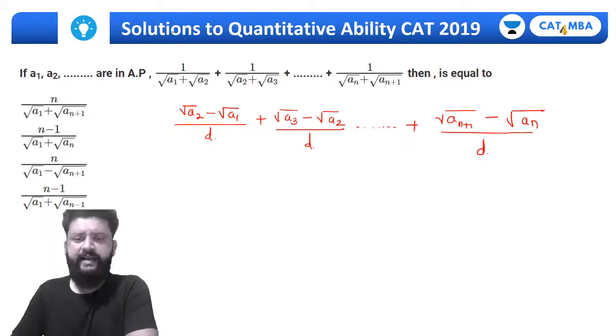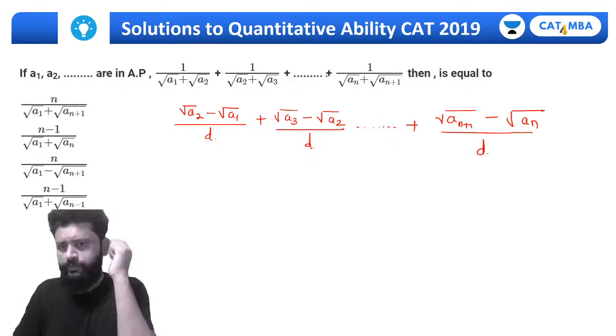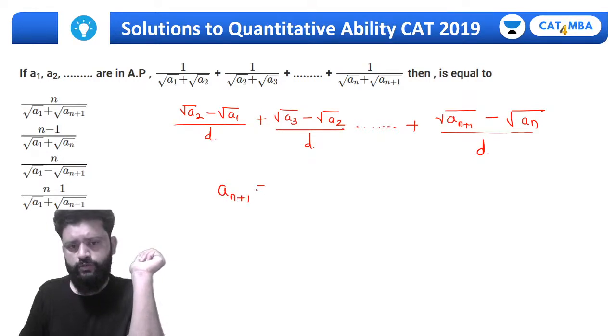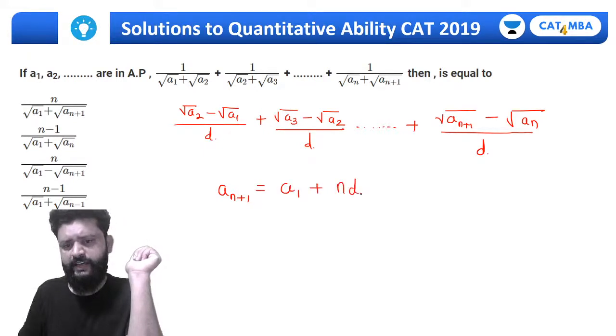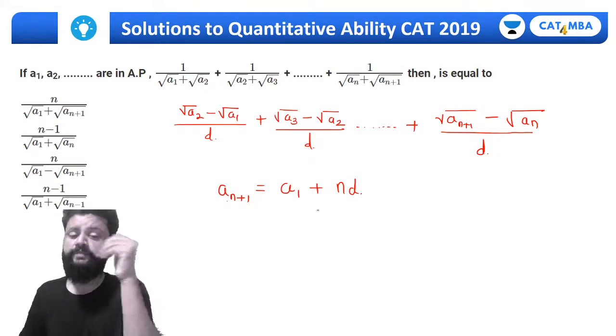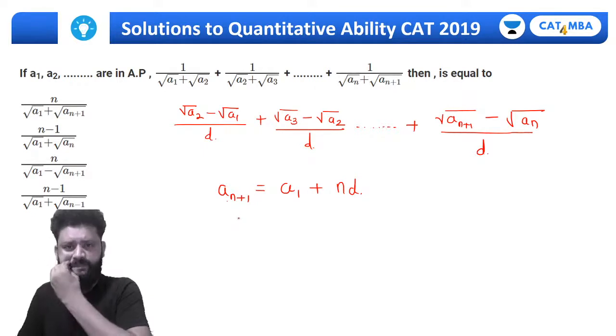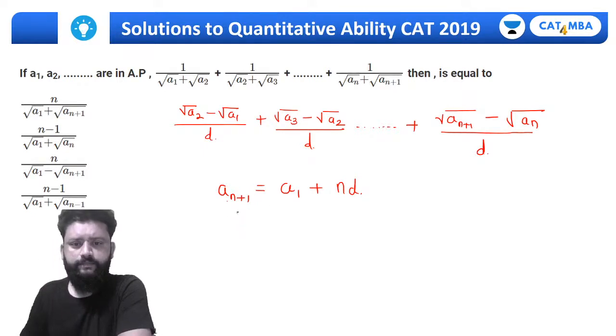So what we can write as, we know the a(n+1) must be equal to a1 plus n into d. n minus 1 will be n here, so n into d, and I can write a(n+1) minus a1